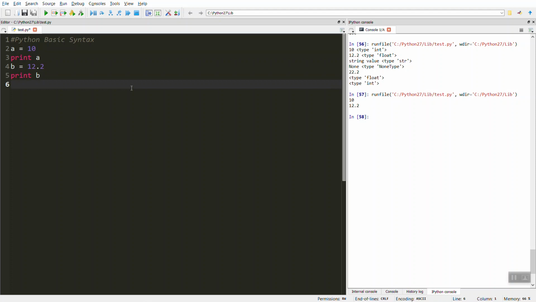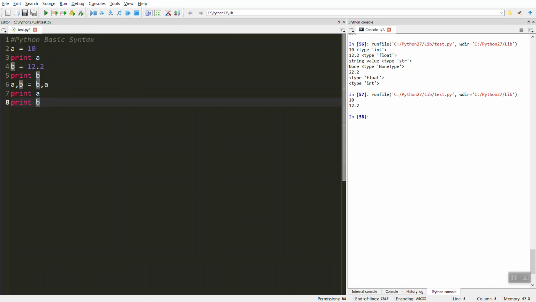So if we want to solve a simple problem like swapping these two values, we want the value of a to be shifted to the b variable and the value of b to be shifted to the a variable. For that purpose we just need to write a, b = b, a. In that case you can see, we print the value of a and then print the value of b.